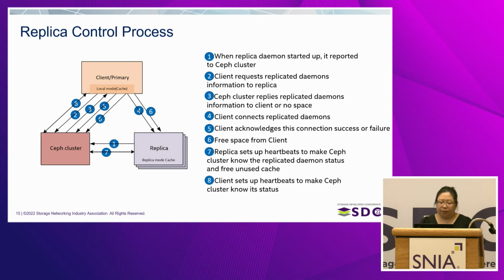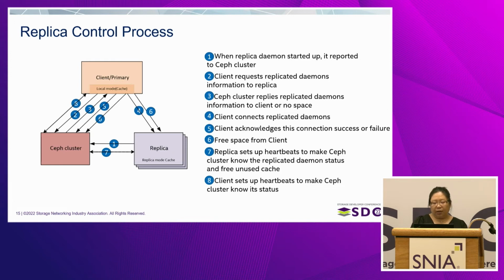In the replicated PWL mode, there are several kinds of control processes. The first one is when the replica daemon starts up, it reports its own information to the Ceph cluster, such as RDMA IP, RDMA port, and total size, to tell the Ceph cluster. It's the first